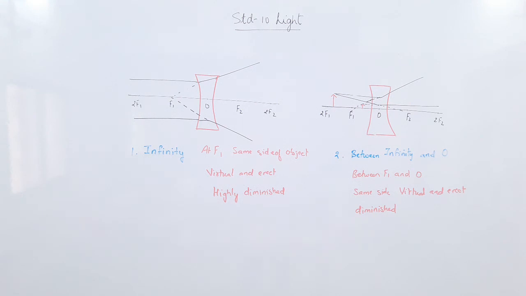One of this could be asked in the exam for 3 marks. Like the question is, describe or discuss the position, nature and size of the image when the object is placed at a certain position, let's say between 2F1 and F1 of a convex lens. So depending on the question, you will have to draw this diagram and explain through a diagram. So these diagrams will need a lot of practice.